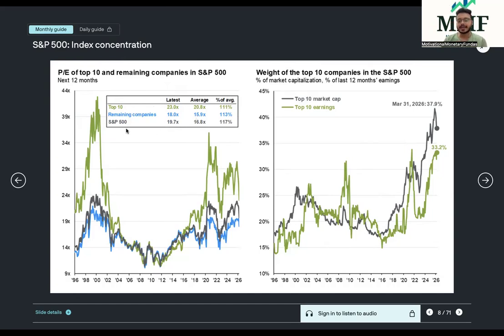Correct? Here also, the S&P 500 currently trades at 19.7 times. But the average, this is the 1 year forward multiple. The latest column that you see is the 1 year forward price to earning multiple. So the S&P currently trades at 19.7 times. Correct? But the historical average says 16.8 times. Weight of the top 10 companies. Now, the weight of the top 10 Magnificent 10 companies, ideally, in terms of market cap and earnings. In the S&P 500, they have a 37.9% weight from a size perspective, from a market cap weight perspective.